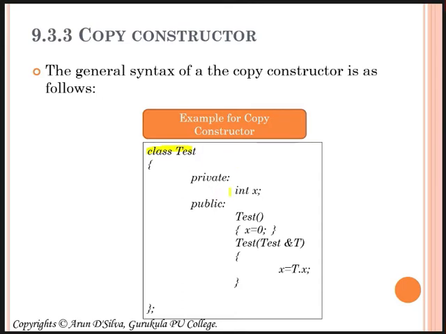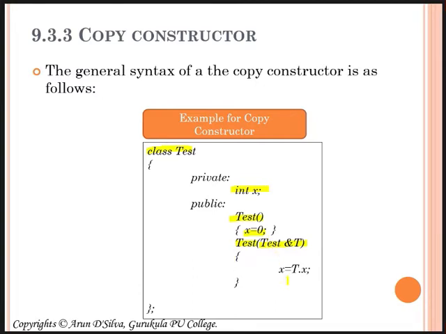In the private section, I have used one variable x of integer type, and in the public section I have created one default constructor in which I have initialized x to 0. One more constructor I have created is the copy constructor, that is Test(Test &t). Now this is the object reference to the same class type.